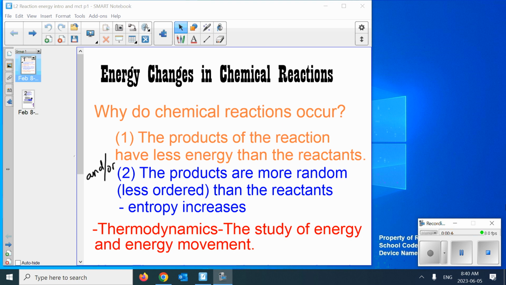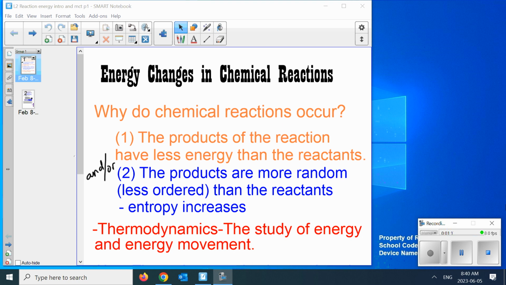Why do chemical reactions occur is our first question. Well, a couple things. Think about it. One, the products of the reaction have less energy than the reactants. We'll see this on a graph and it might make more sense. But essentially, if a reaction occurs quite often, it's not a must. It's one or the other, or sometimes both of these two. So, less energetic products drive a reaction. And/or